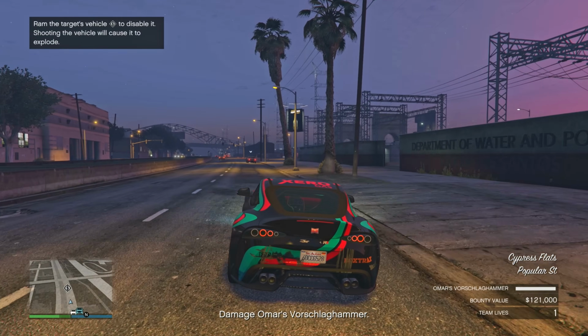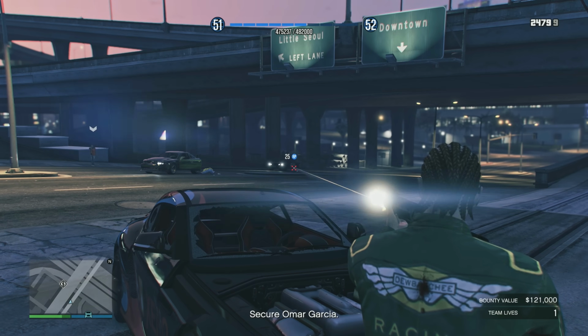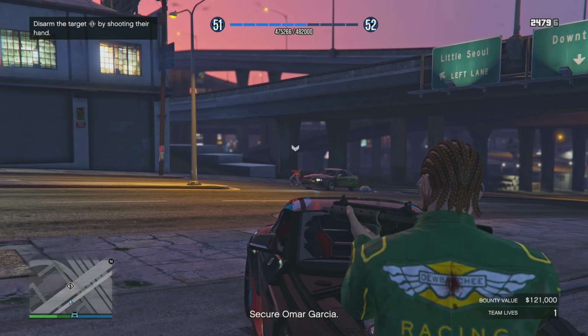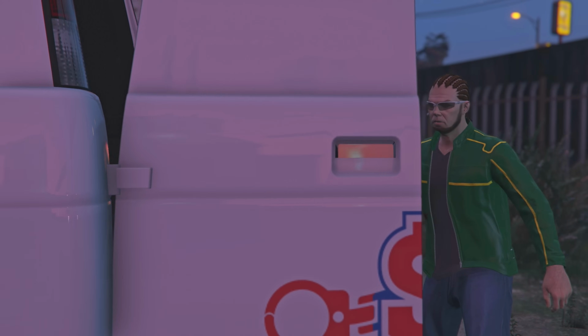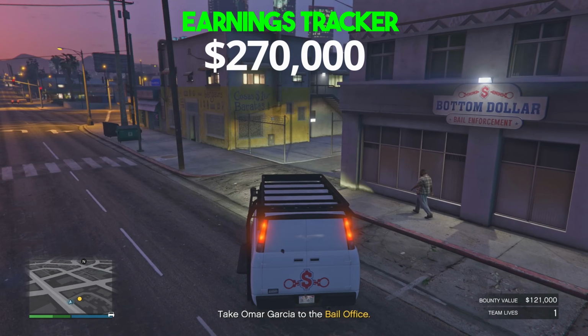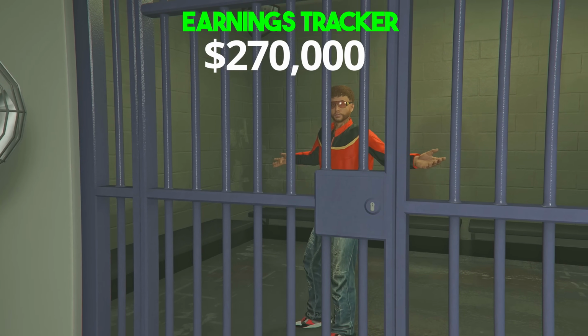So once we locate him, we have to damage his vehicle, and then we can take out his little guys, and then we'll take out him as well by shooting his hand right there. And you see, now we can secure Mr. Omar, take him over to our bail office, and just like that, we've made $100,000 in just about 5 to 10 minutes. The other missions are honestly a little shorter if I remember correctly,